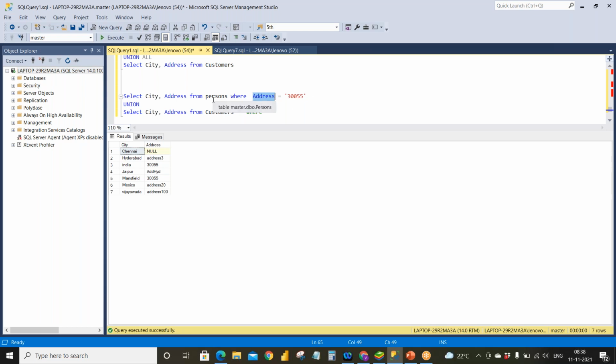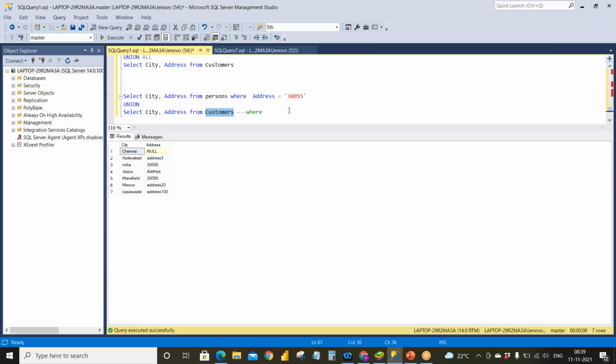So here what happened is I am giving the condition of address equals 30055 only for the persons table, and I am not giving the condition in the customers table. So when you are doing that, this particular condition applies only to the persons data, and it is not applicable to the customers table.